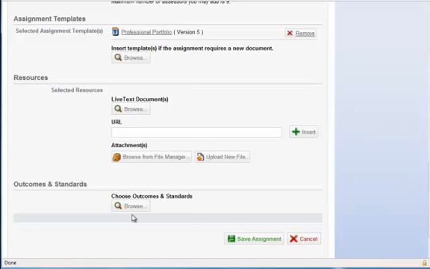It's not every standard in the standards. It's only the standards assessed by this assignment. Again, it's very specific, and it should be only just a few that you would add to your outcomes and standards here. Once I click on Save Assignment,